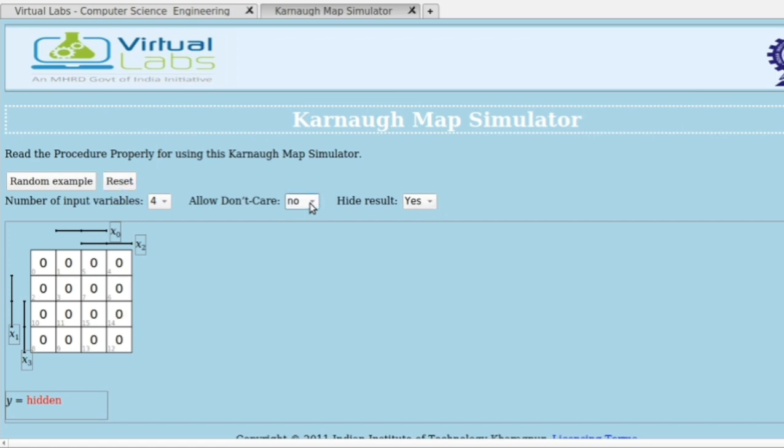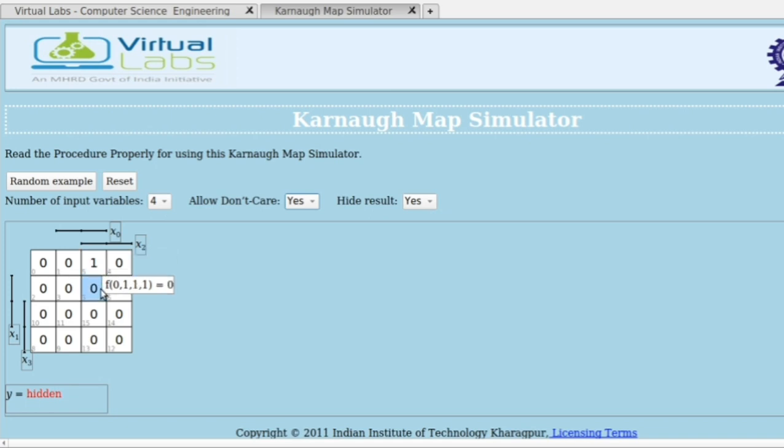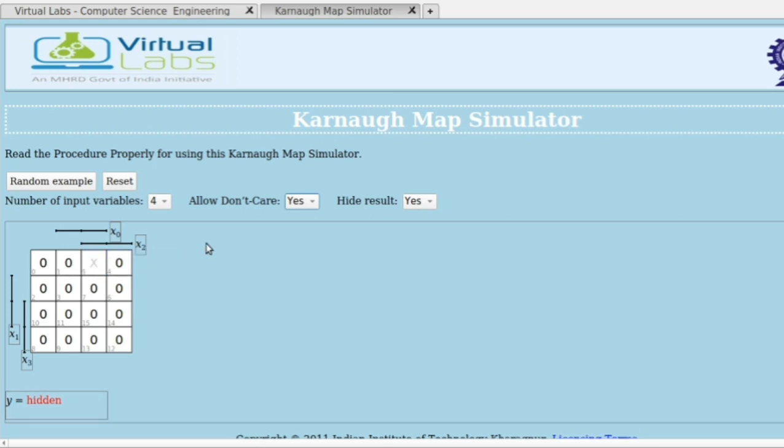You can also allow don't cares. To allow don't cares, click yes. Then first select hide result yes, then click on the cell, it will become 1, click it again and it will become don't care.